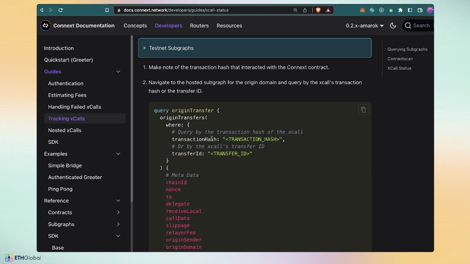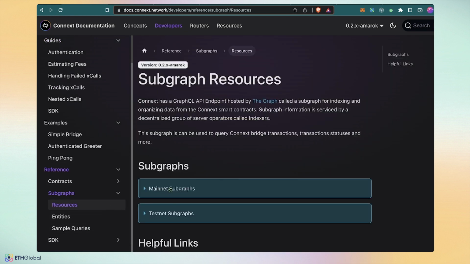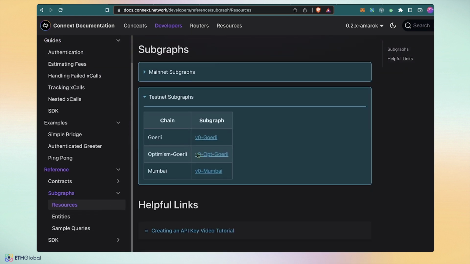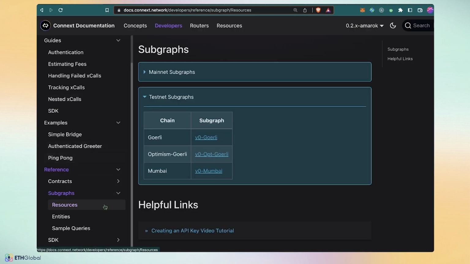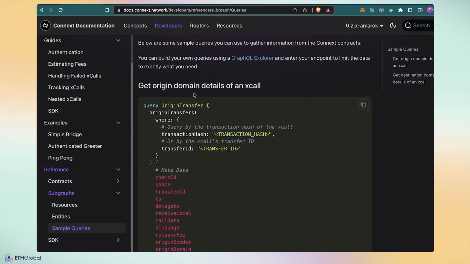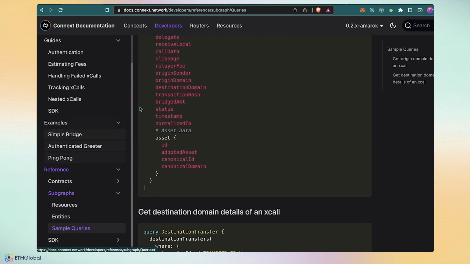So you can navigate to the reference, go to subgraphs, look at resources, and all of our deployed subgraphs are going to be here. So you can do something like open the Goerli subgraph, paste in the sample query to find all of the details of the xcall. Alternatively, you can just